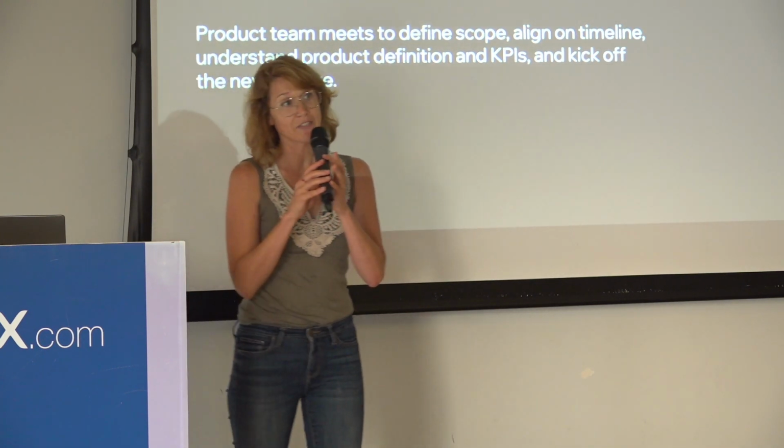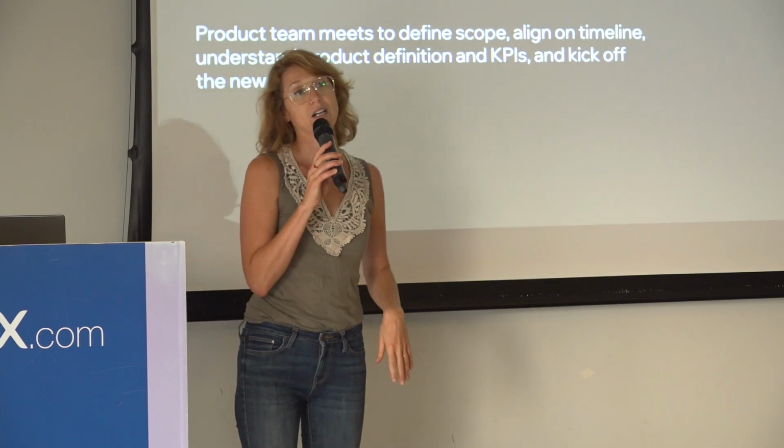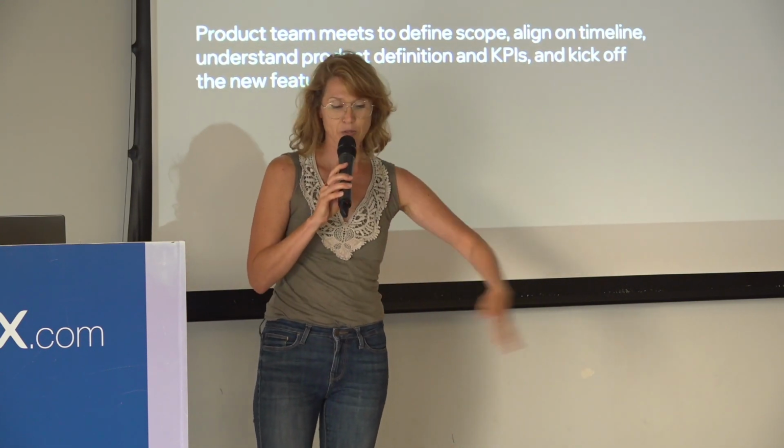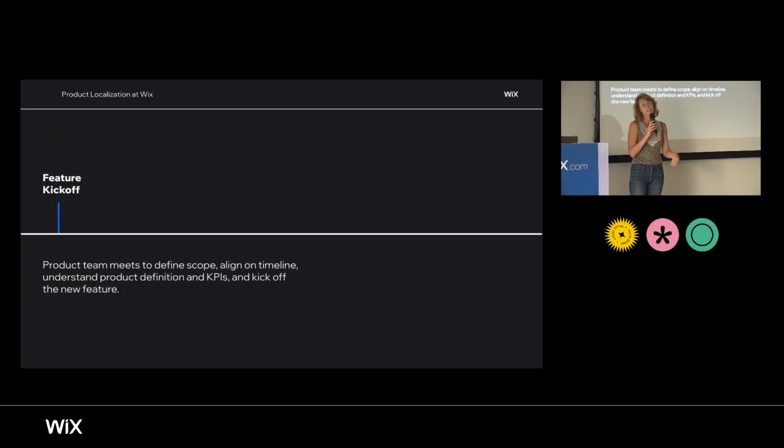So the beginning of the product life cycle for us is typically when we do a kickoff in general. Obviously there's research and thought that go into why we're doing this feature and how we're going to do this feature and whether we're even going to do this feature. But once we've decided or the product manager has decided on going forward with a feature or a new product, there's a kickoff. The product team meets and talks about why they're doing it, what the KPIs are, and what the process is and what the scope is moving forward.